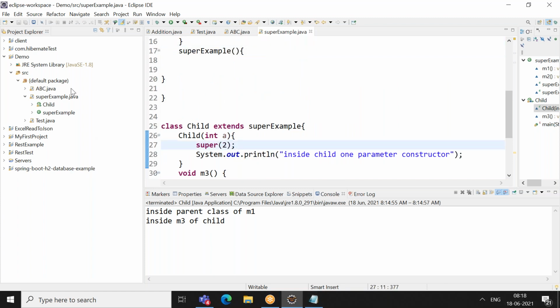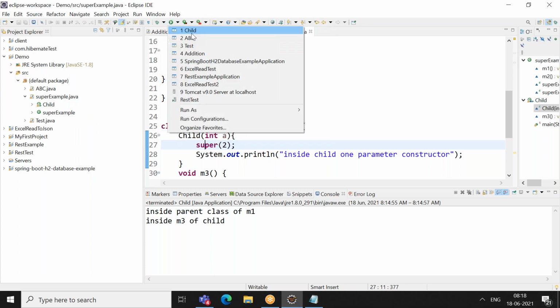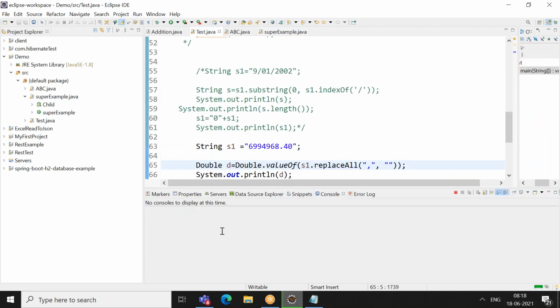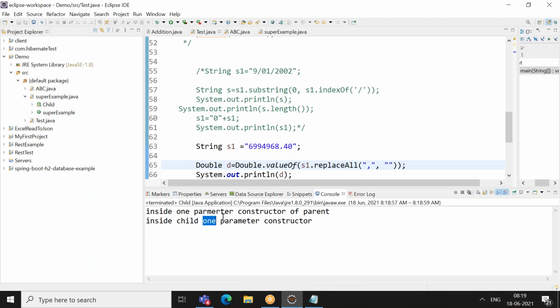It is the same as this, but with this you will be calling the current class constructors. With super you will be calling the parent class constructors. So you see inside one parameter constructor of parent, next inside one parameter constructor of child.